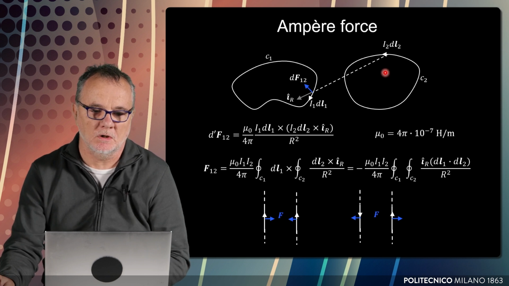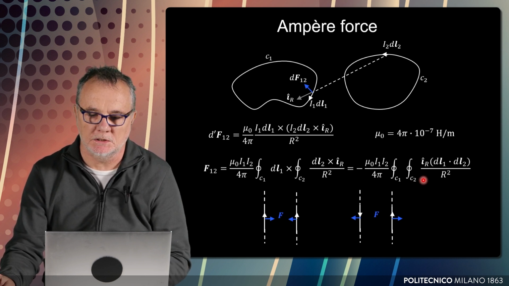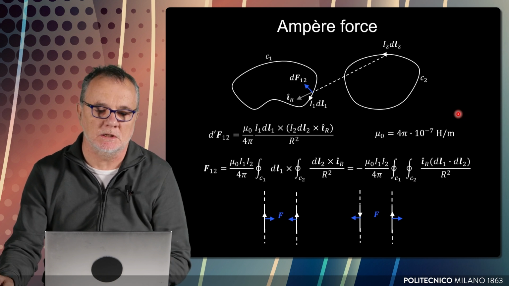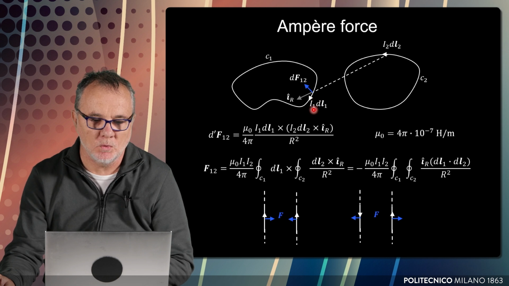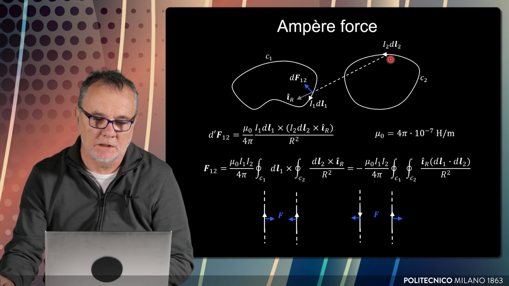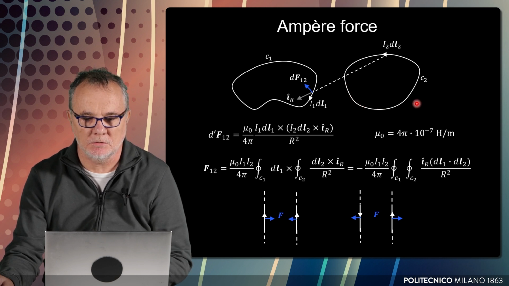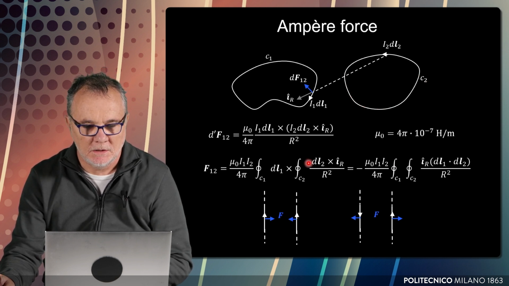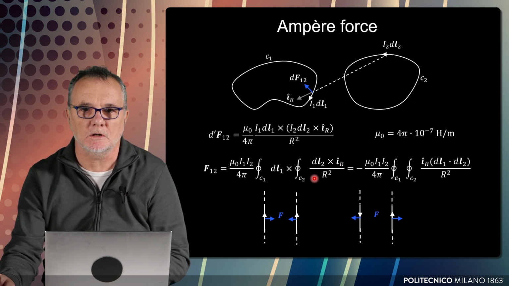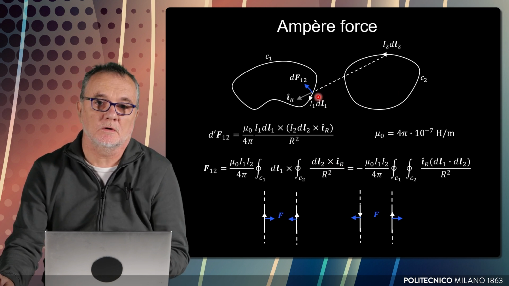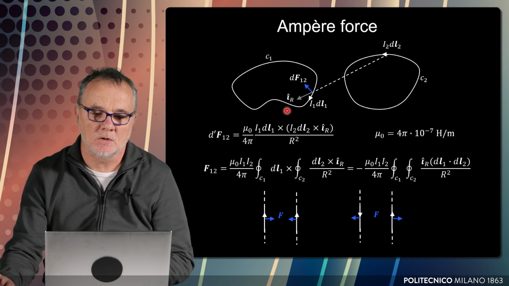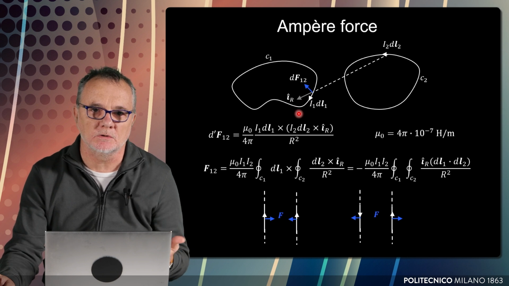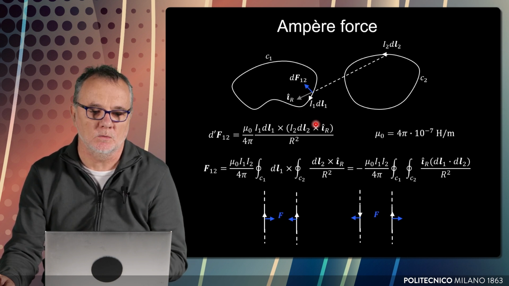The full expression of this force is obtained by a double integral that is shown here. And we can see this integral as a superposition. We can consider that acting on I1 dl1, there is the integral of the whole of the currents that are deployed on circuit number 2, so that we have an expression that depends on the whole of the current distributed on circuit number 2. So the whole of the force acting on loop number 1 is another integral, because we have to add all the forces acting on the various elements I1 dl1.